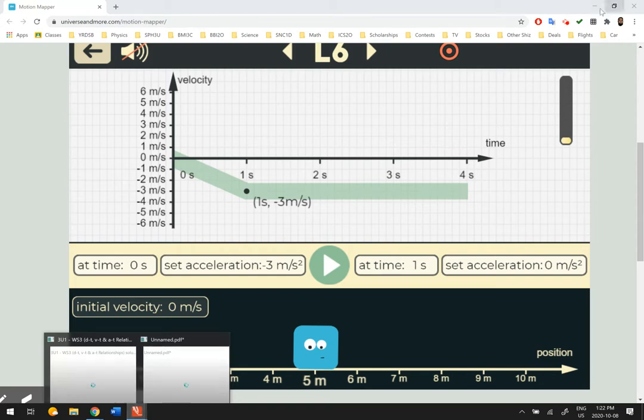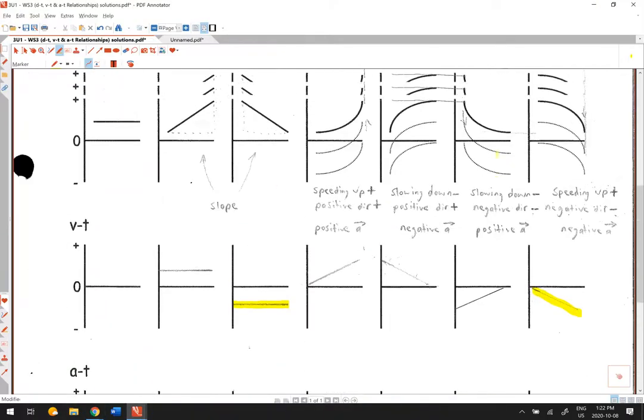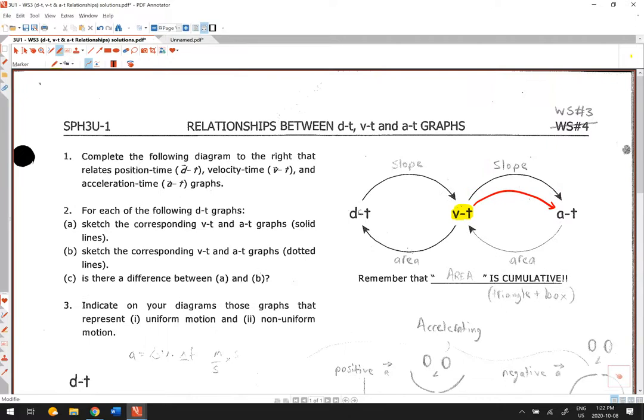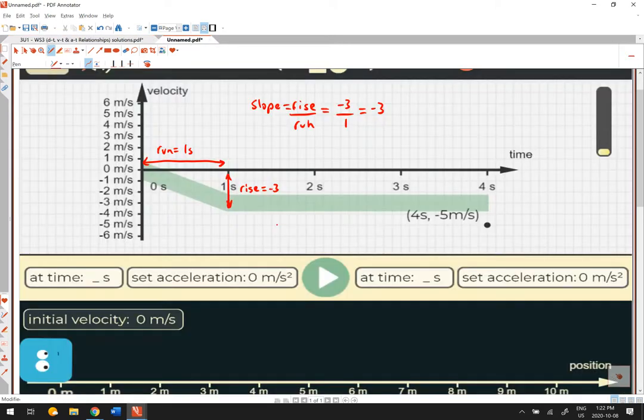So going back over here, if a velocity time graph is given and we want to work backwards to figure out our starting position, we need to take the area underneath the graph. So taking the area underneath the graph over here,